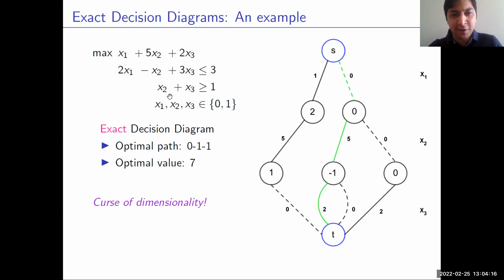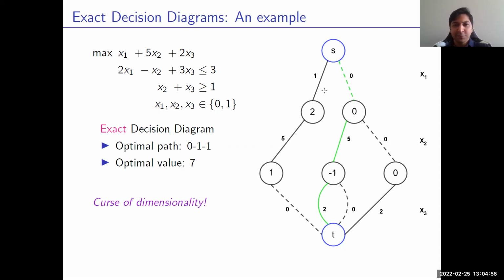So right here, we have a binary program with 3 binary variables. We're maximizing a linear function over 2 linear side constraints. And on the right, we have the decision diagram representation of this binary program. In particular, as we can see, this is a directed graph from a source node at the top to a terminal node at the bottom. There are 3 arc layers, each representing one of these binary variables, and each arc represents the value assignment of these binary variables. For instance, the dashed arc represents 0 value, and the solid arc would represent 1 value assignments